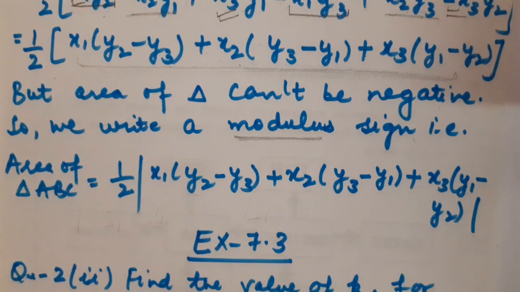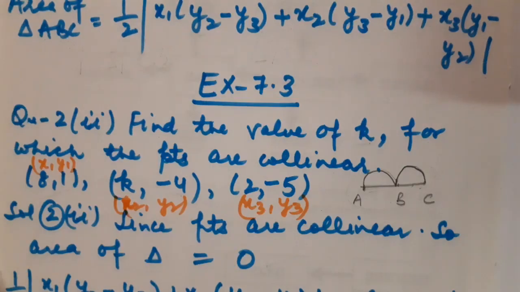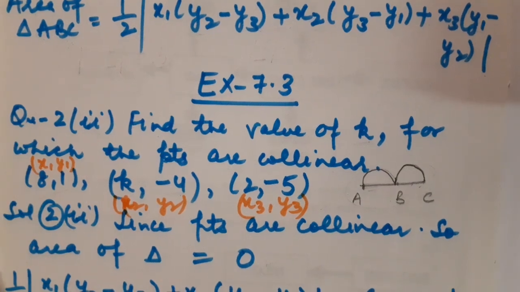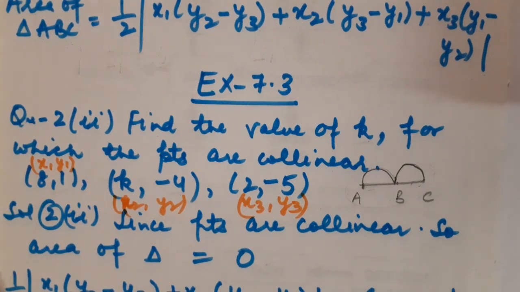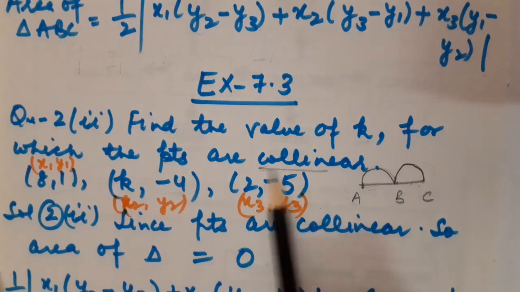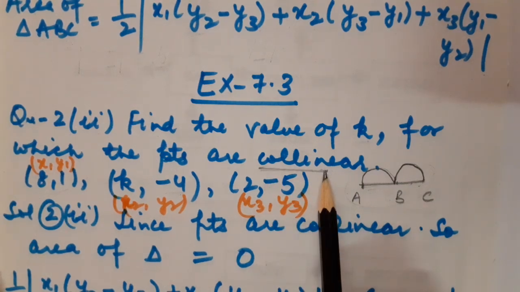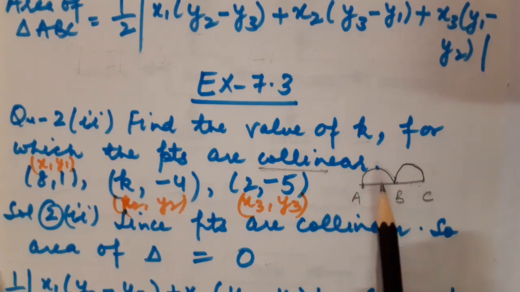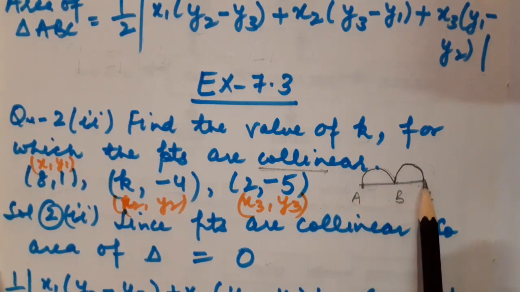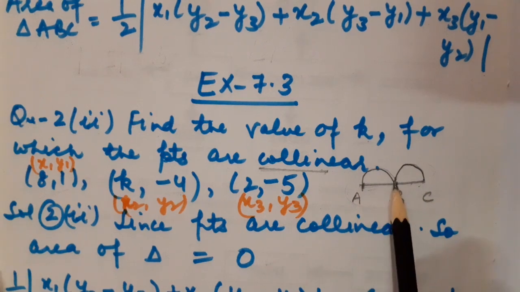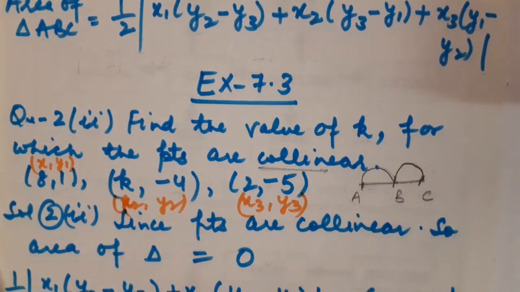Fine, students? Okay. Now children, as I explained to you the concept of collinearity for the distance formula, in the same manner the concept of collinearity is present for area of triangle as well. What do you mean by collinear points? Three or more than three points are said to be collinear if they lie on the same line. Here you can see that A, B, C are collinear points. Children, can you tell me, if the points are collinear, can they ever form a triangle? No, they can never ever form a triangle.